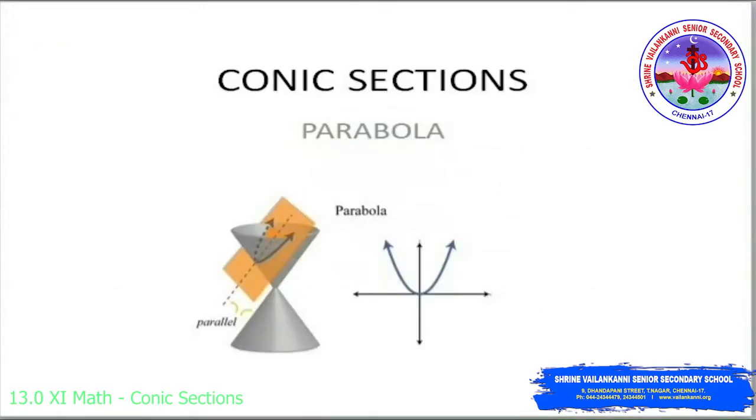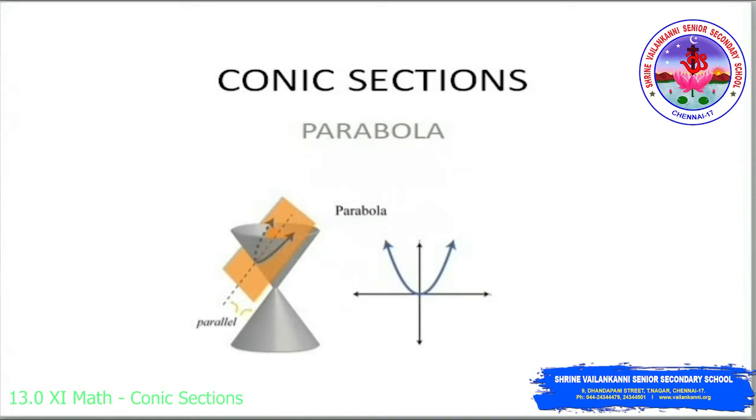We obtain different kinds of conic sections depending on the position of the intersecting plane with respect to the cone and by the angle made by it with the vertical axis of the cone. Let beta be the angle made by the intersecting plane with the vertical axis of the cone. The intersection of the plane with the cone can take place either at the vertex of the cone or any other part of the nappe, either below or above the vertex.